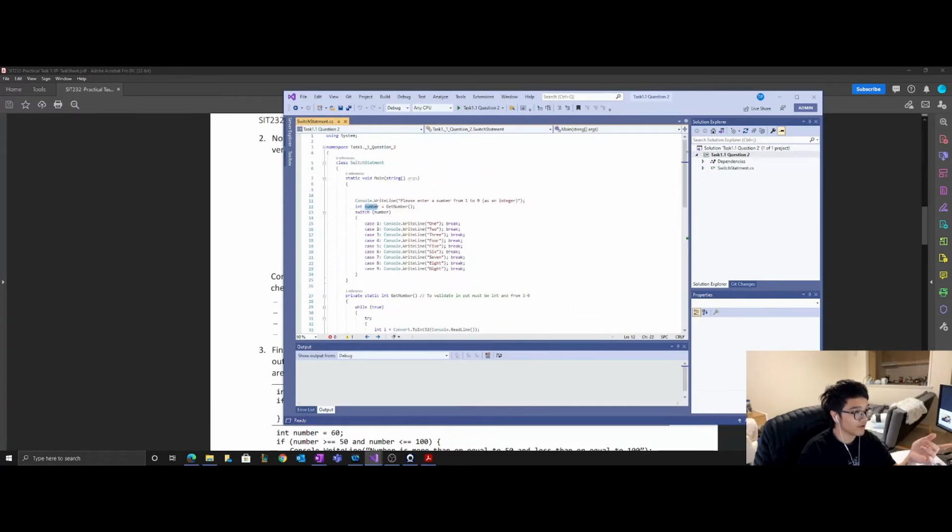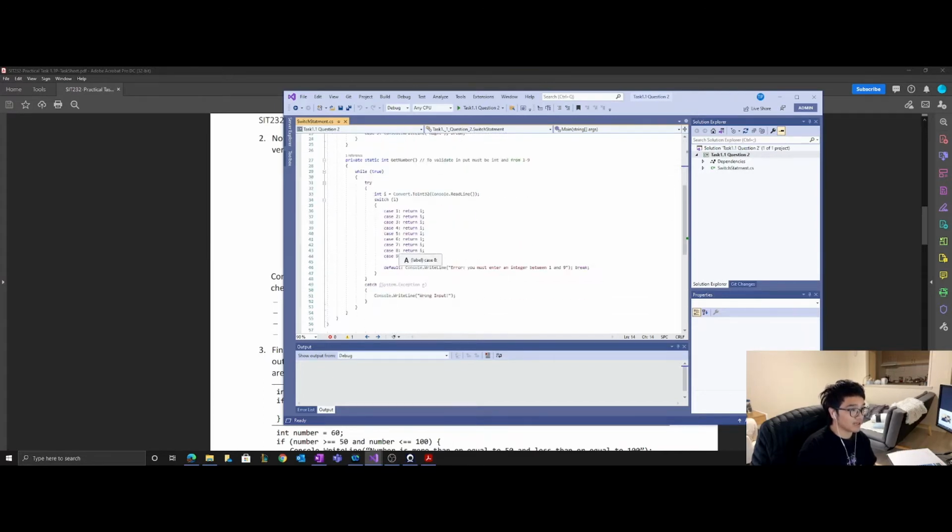The variable number is going to get the exact integer that I want. The user must enter exactly the value that I want, and then it just switches. It's working exactly like an if else statement. It goes through case number 1 if the number equals 1 and brings out 1, and after this it just breaks the program, otherwise it goes through everything here, because